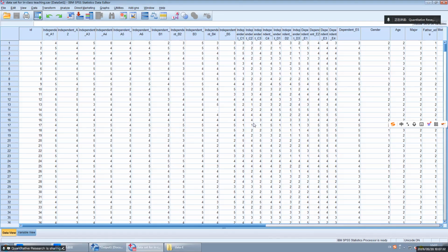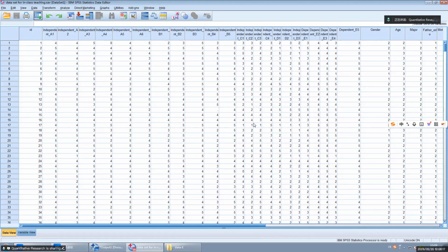One type of categorical variable can represent different levels.